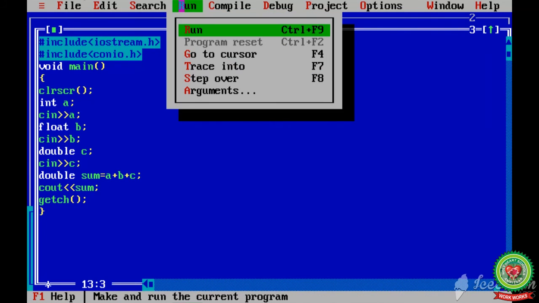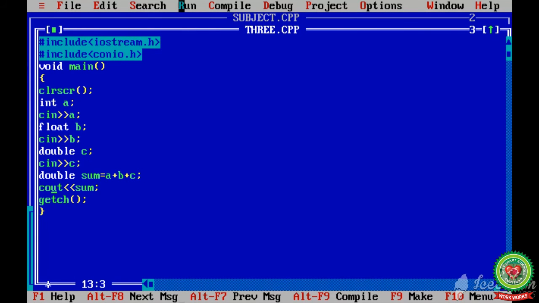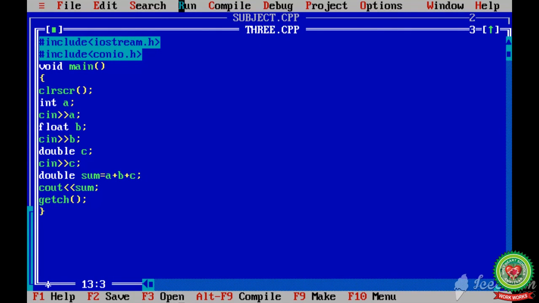Now, when I run my program, I will not get any answer. The cursor will blink. I will put a value, let's suppose 23. Next, I will put a decimal value. For the third variable, I will use the next decimal value and I will get the result afterward. And if the next user runs the program, he or she will put different values, as I am doing this time, and then they will get the result accordingly. That is the work done with the help of input output operators.